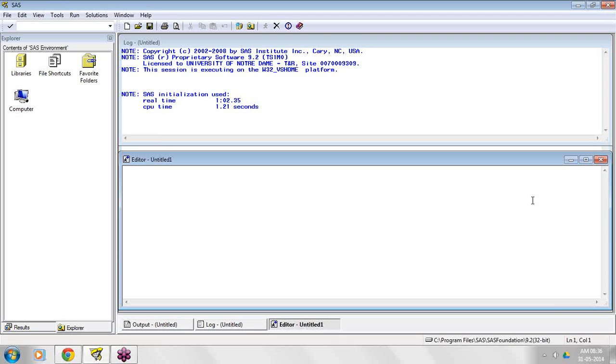Now I'm going to show you how exactly we create a SAS data set in our SAS environment. As I told you, whatever programming we write, we always use the editor window. For that, here I am going to create a normal data step. So if I want to create any